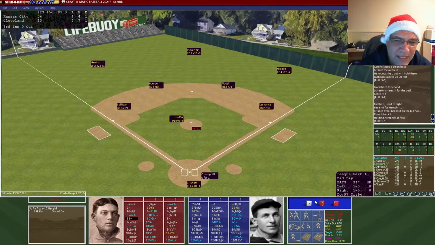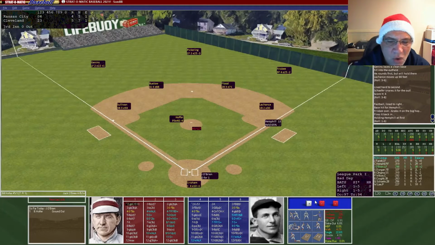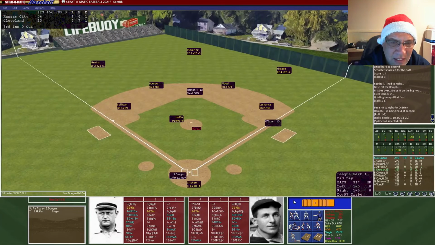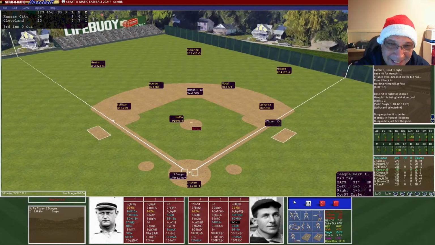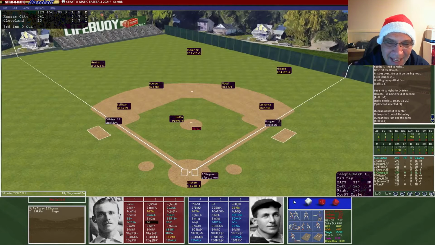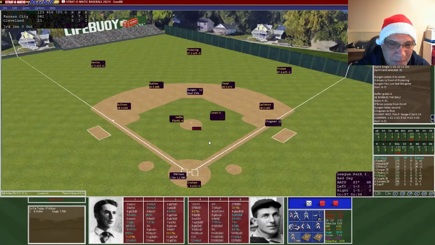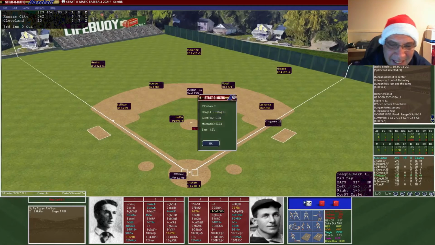Here's Hemphill. He's going to rip a single. O'Brien is up. He's going to get a hit as well. Man, there are just hits everywhere. Dungan's going to hit a single. So 3 straight hits again, and they pick up another run. Here's a hit back to Hoffer. Hoffer's going to have to make a play, and he bobbles the ball. There's an error. Another run scores. It is 6-5.